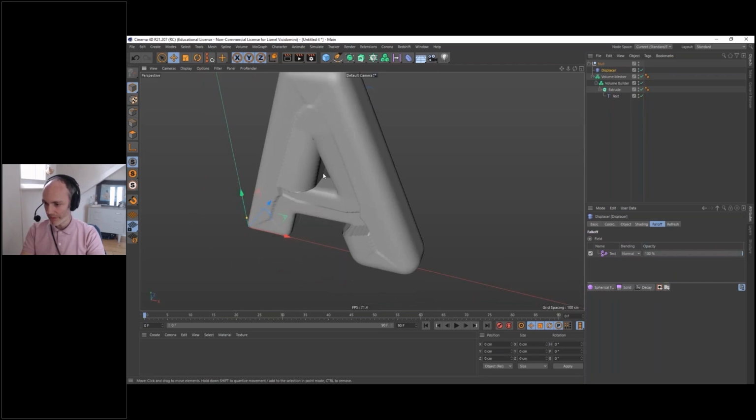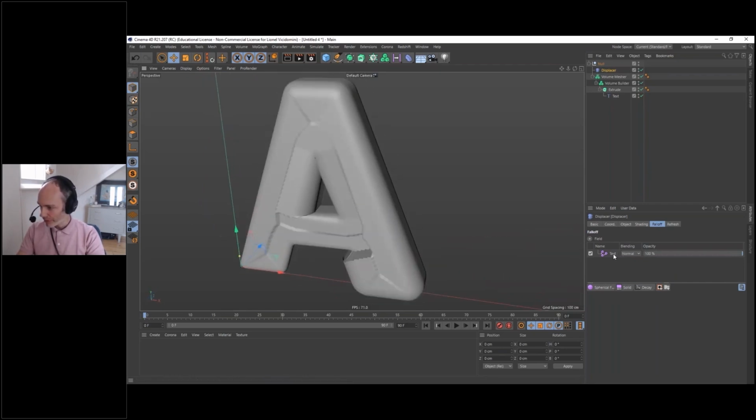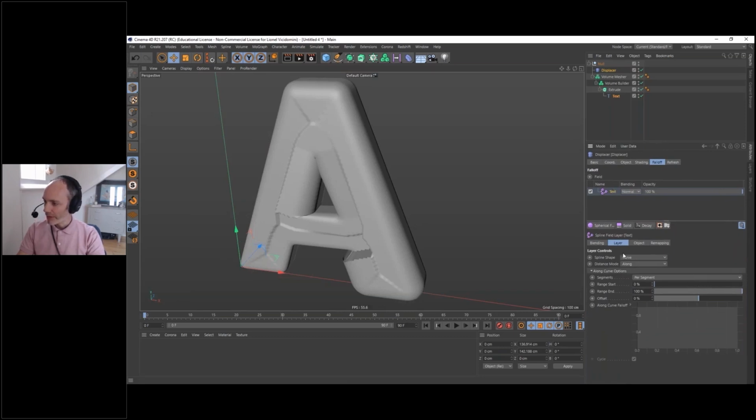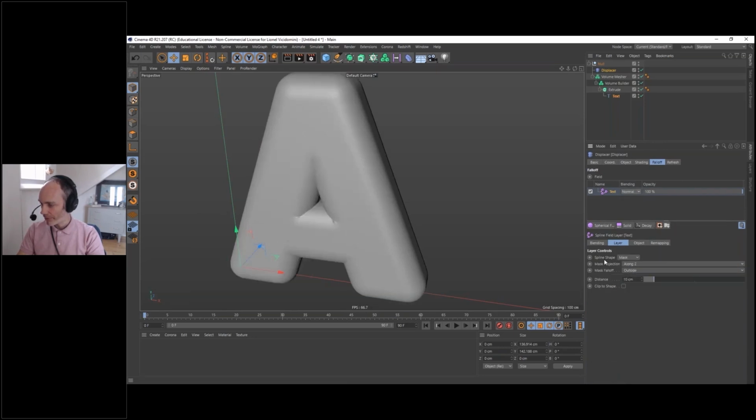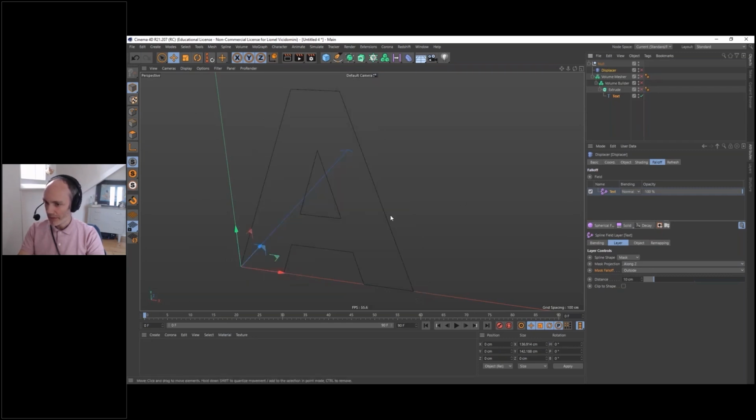Well, it does something, but it's very strange because on the text field, now it's a field here, I need to change the spline shape from curve to mask. And then from mask falloff, not outside the mask, but create a falloff inside the mask. You can see here, it makes sense.